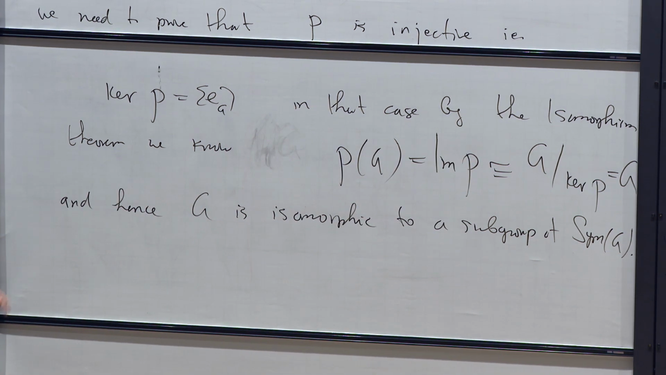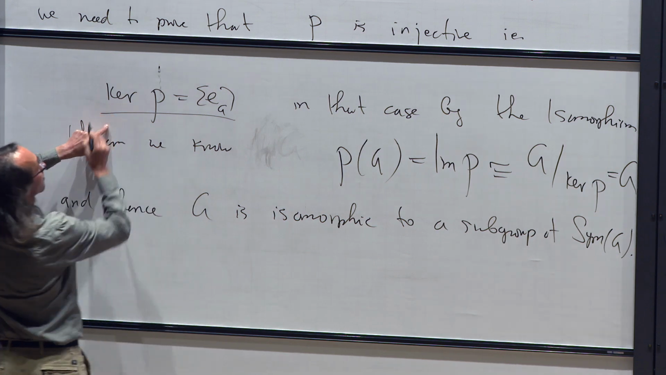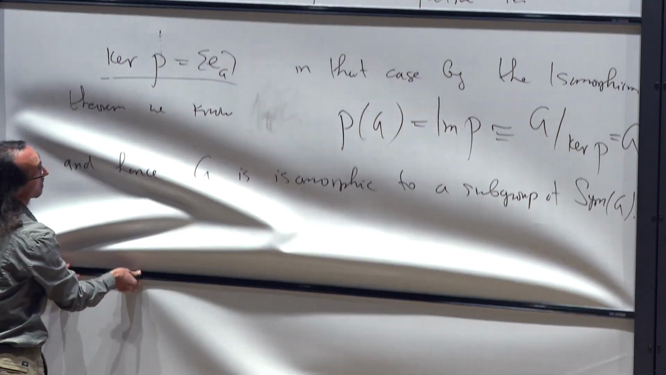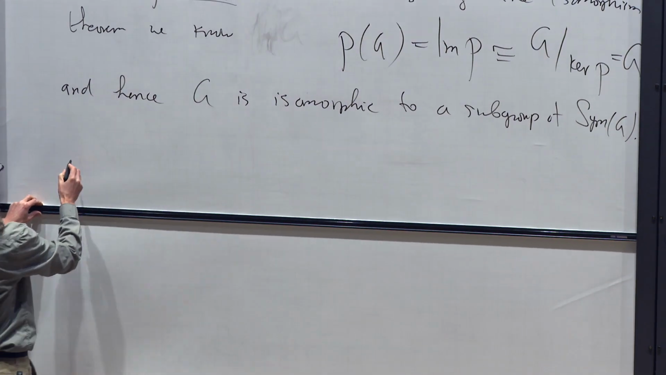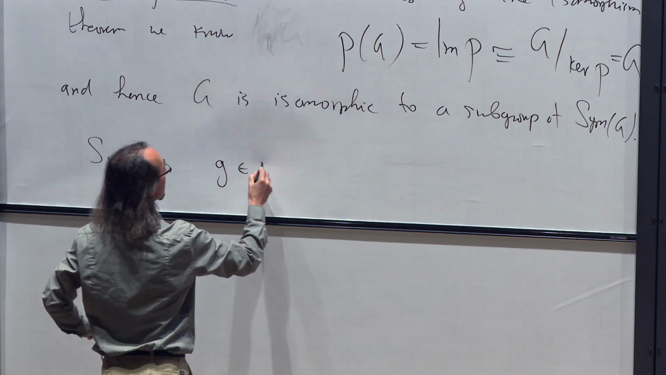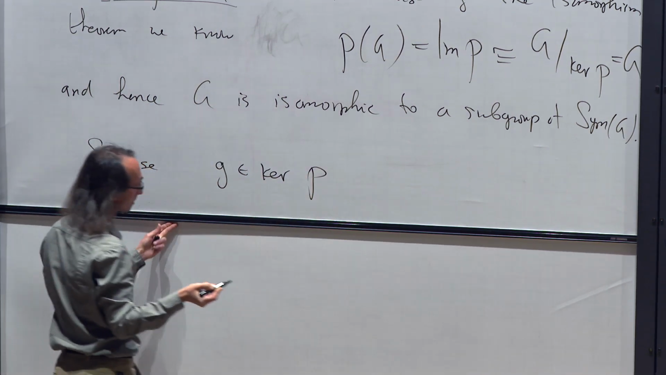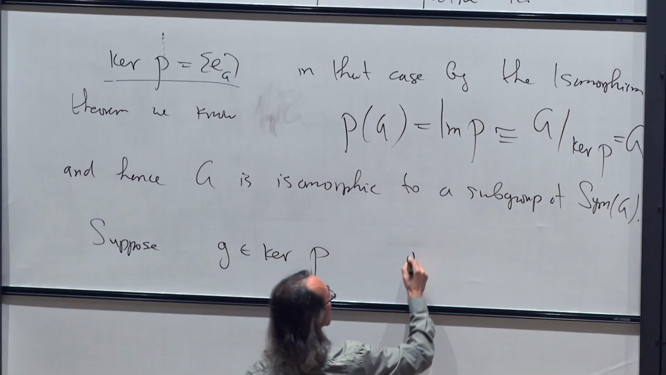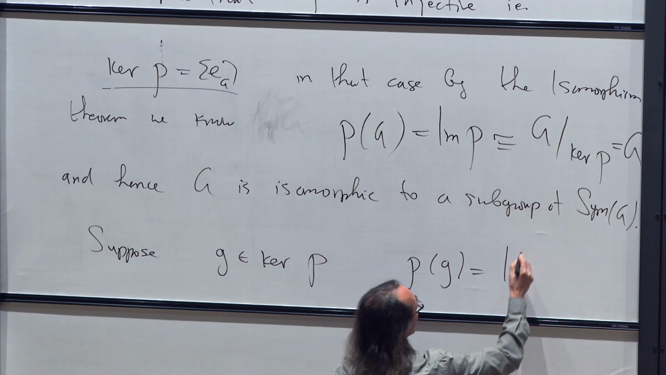Okay. All right. So this is what we need to check. The kernel of rho is the identity. Well, let's check it. Suppose I take an element in the kernel of rho. What does this mean? It means that rho of g is the identity on S, the identity on G,